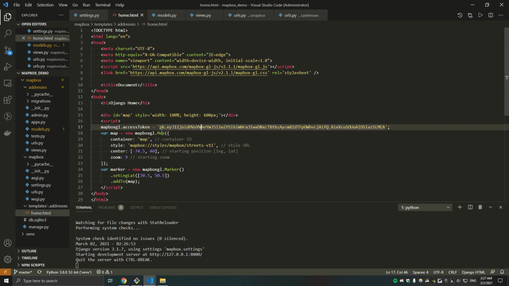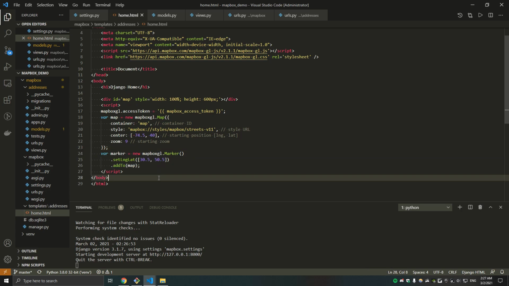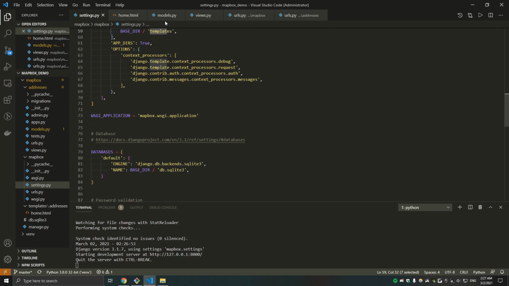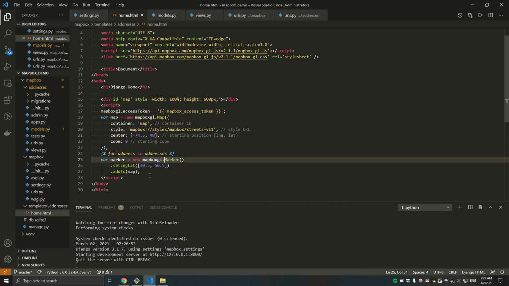So going back to our templates, this can now be the Mapbox access token. And for here, how we can display all of our objects as markers is very simple. You just write a for loop. So you want to do for address in addresses, and remember this addresses is now the query set of objects.all, so you're returning all of the address objects. So for each one,